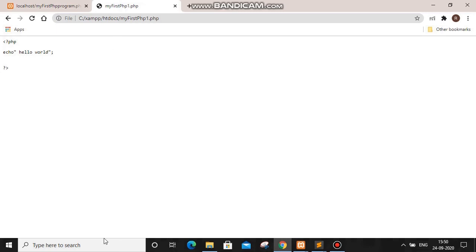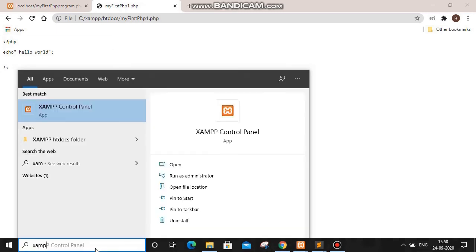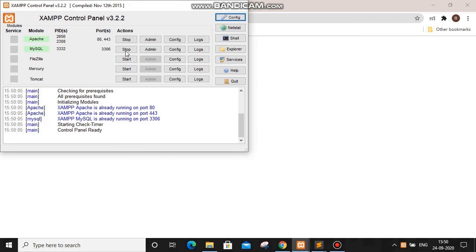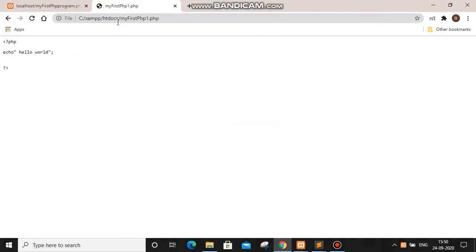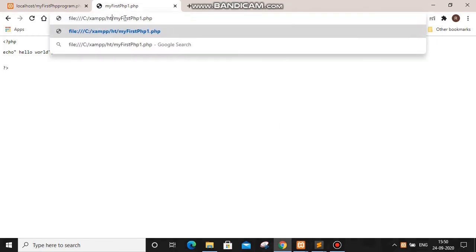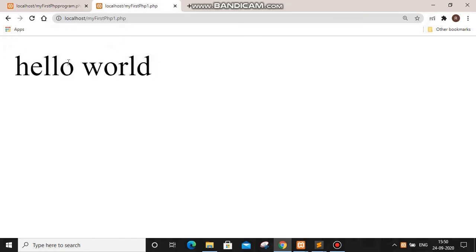So the thing is that first we have to check our Jamp server, whether we have opened our Jamp or not. The most important thing here, I have opened it. So you can see it here. We can stop it. I will stop once and again I will open. So see, just now we need only the Apache server to run this program. So I have started this and will minimize this. After that, you have to click here on htdocs. Once you click here on htdocs, you have to omit everything and you have to write localhost. I am omitting everything and I am writing localhost. Okay, once you write localhost and press enter, you can see the hello world has been printed here.